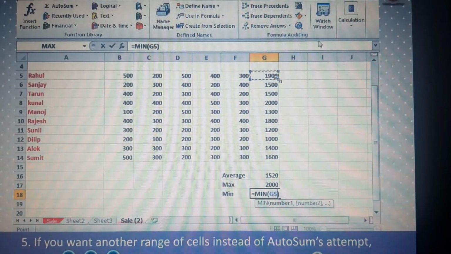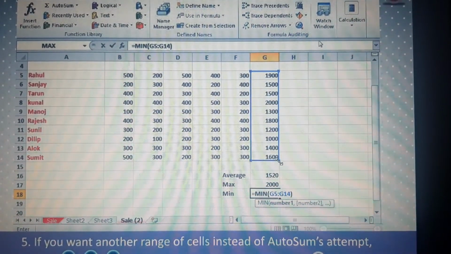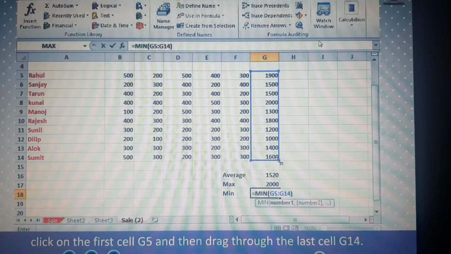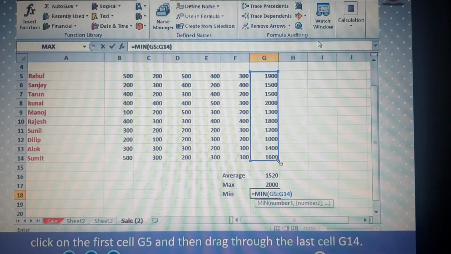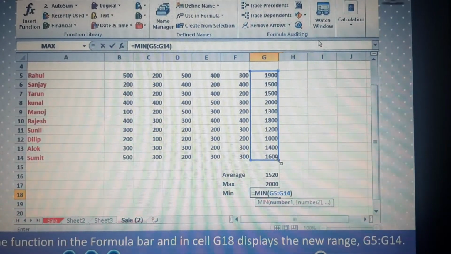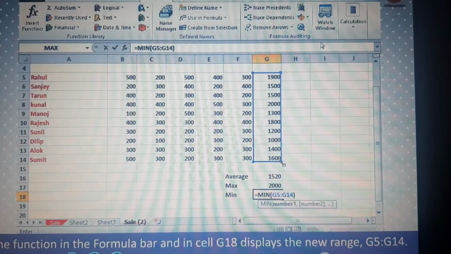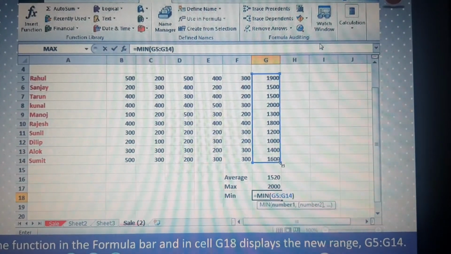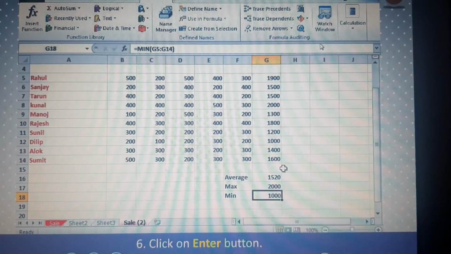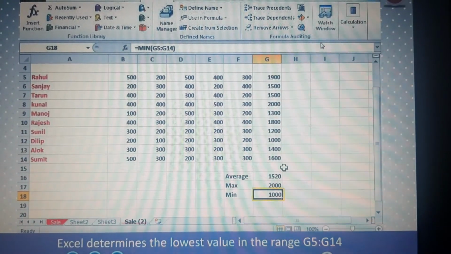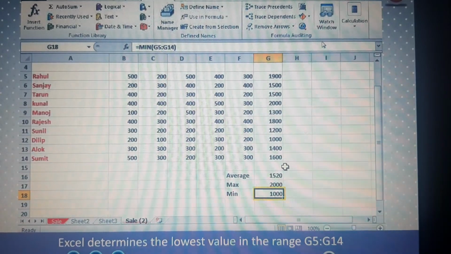5. If you want another range of cells, instead of AutoSum's attempt, click on the first cell G5 and then drag through the last cell G14. The function in the formula bar and in cell G18 displays the new range G5 to G14. 6. Click on the Enter button. Excel determines the lowest value in the range G5